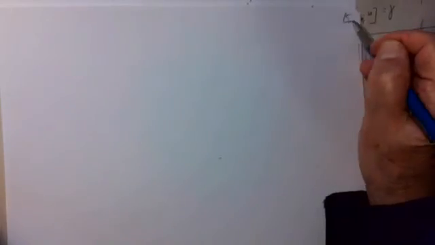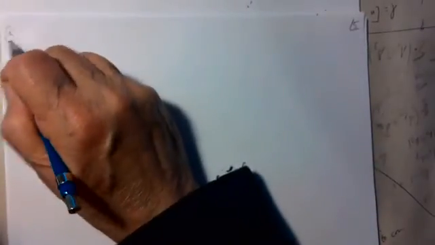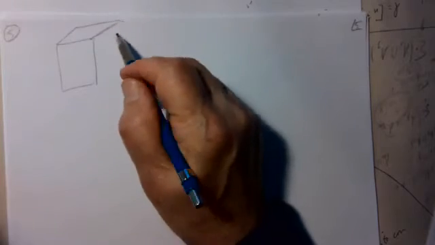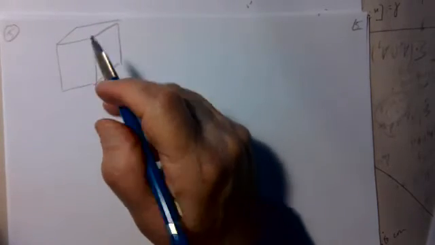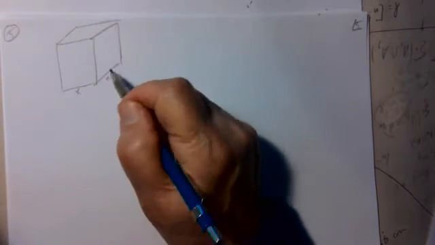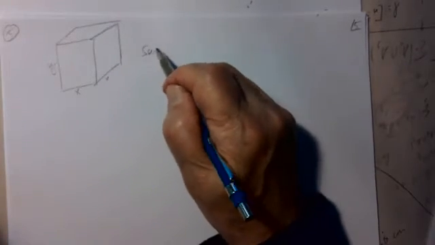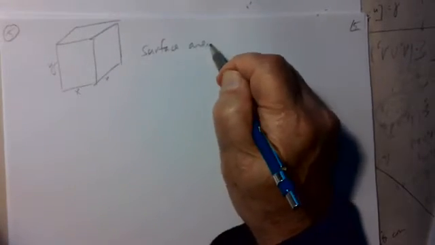Problem 5. We have a rectangular solid with a square base whose surface area is 96. So this is x, the base is square. Let's say the height is y. So the surface area, A,